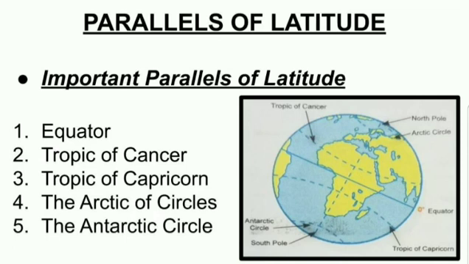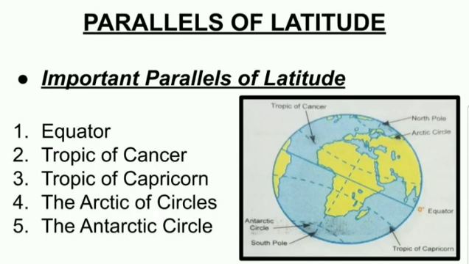Then in the north you can see one dotted line. See on page 124, the diagram in the last. There is a second diagram. The first diagram I explained just now, and this is the second diagram on page 124. The dotted line to the north of the equator is called the Tropic of Cancer, and its degree is 23.5 degrees, or 23°30′, north of the equator. Then the dotted line to the south of the equator, you can see one dotted line down there, is called the Tropic of Capricorn, at 23.5 degrees south.